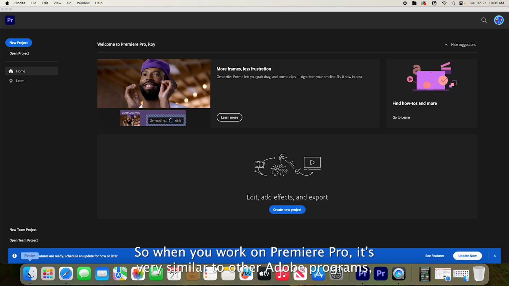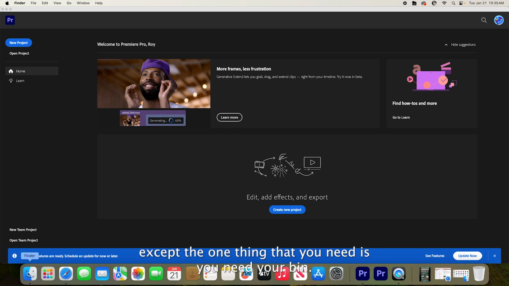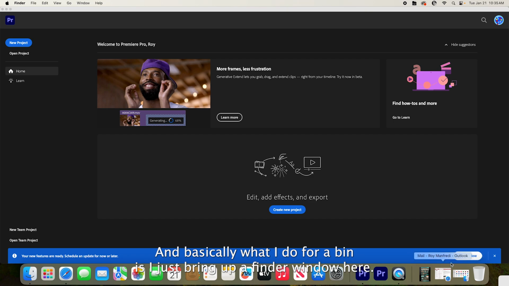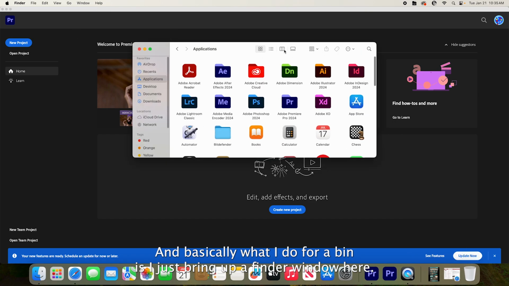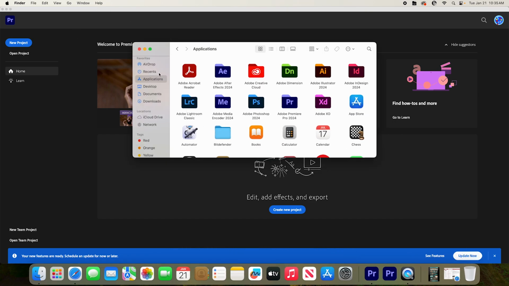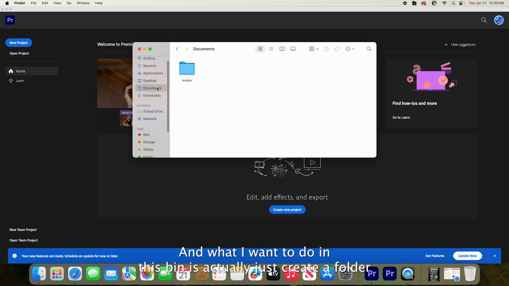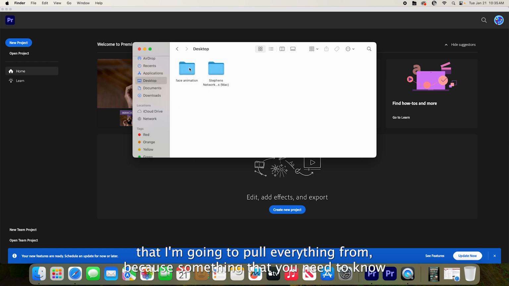So when you're working with Premiere Pro, it's very similar to other Adobe programs, except the one thing that you need is your bin, okay? And basically what I do for a bin is I just bring up a Finder window here. And what I want to do in this bin is actually just create a folder that I'm going to pull